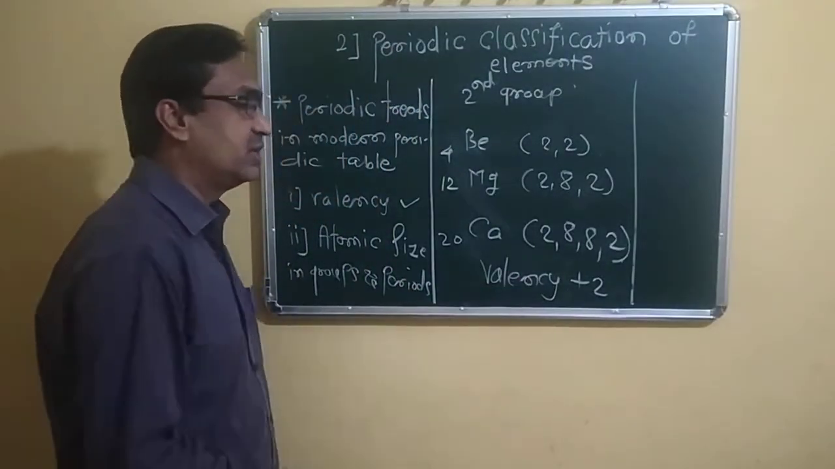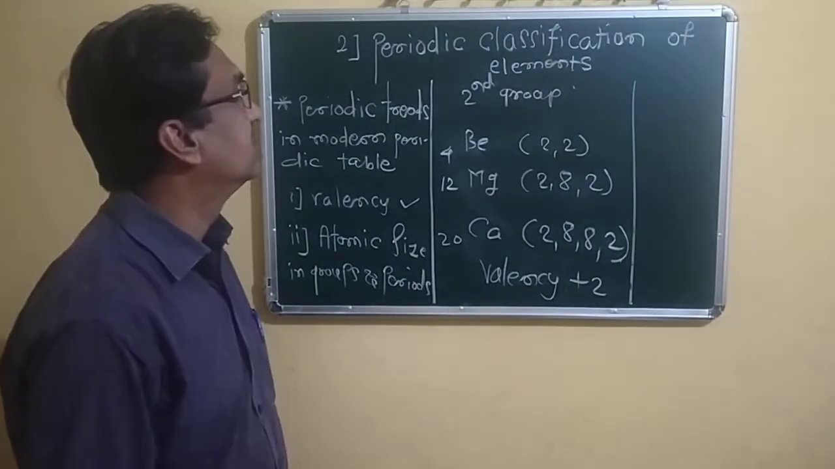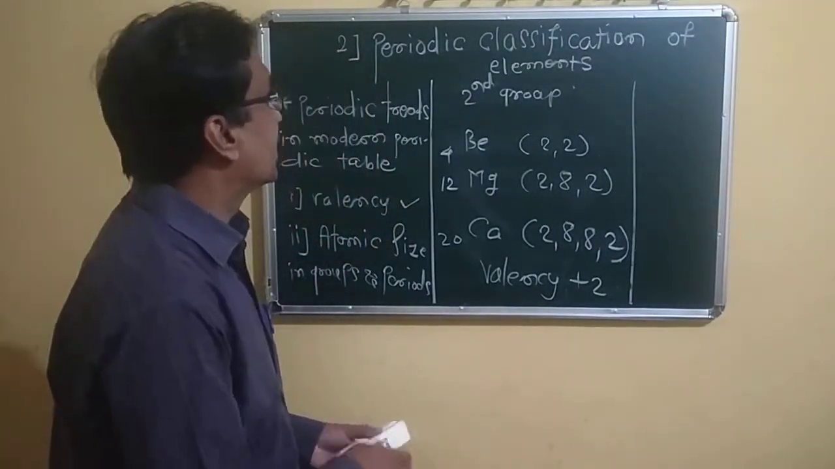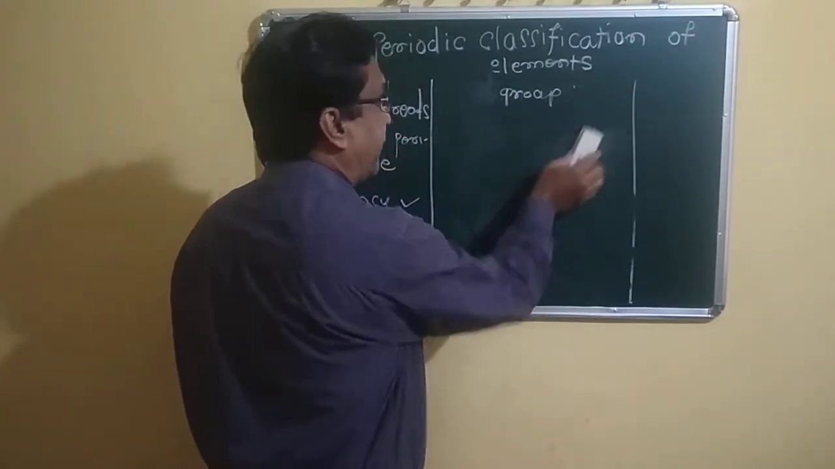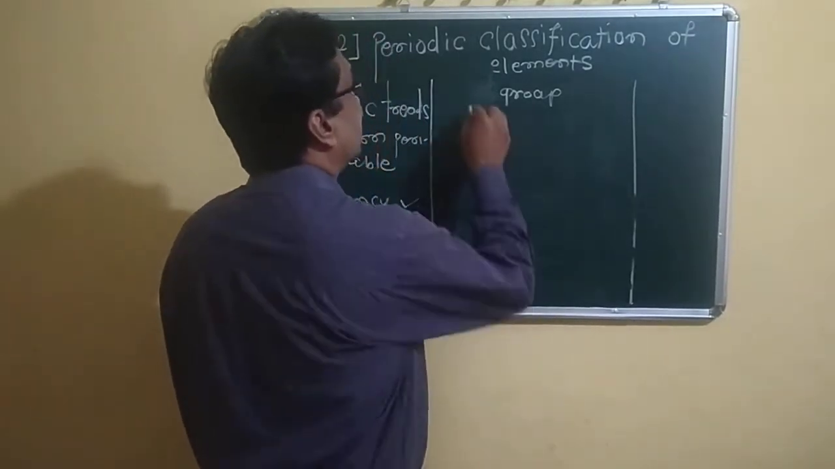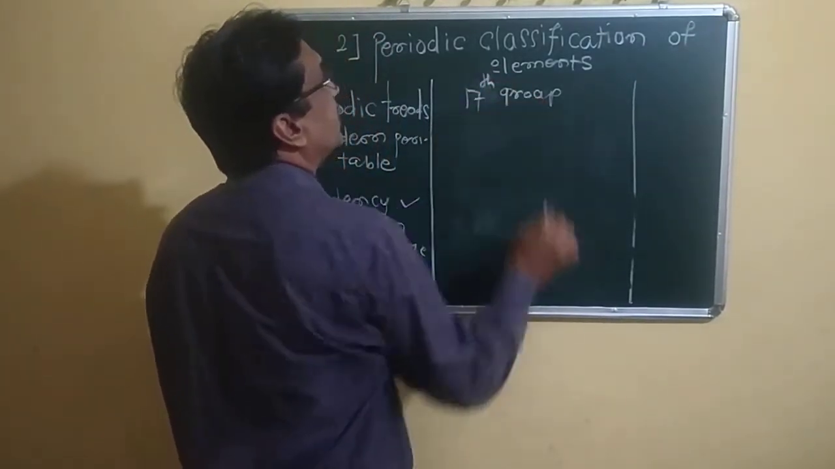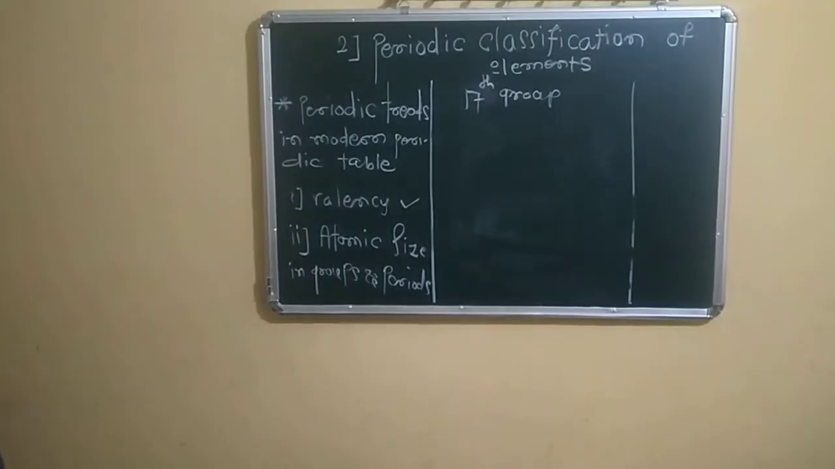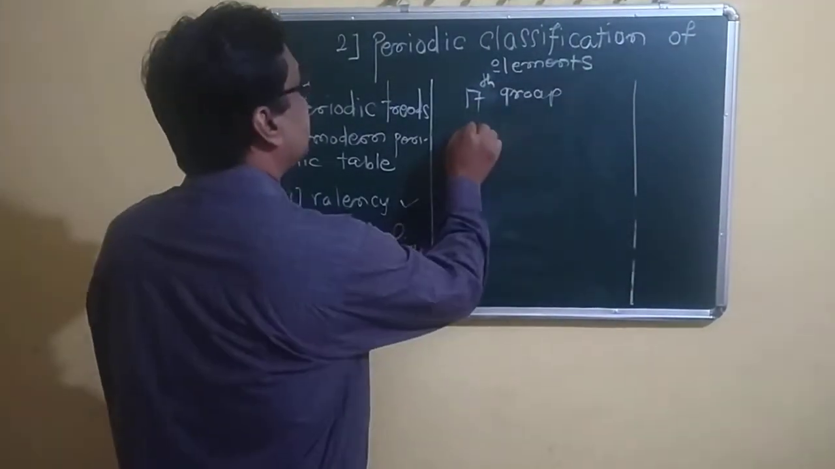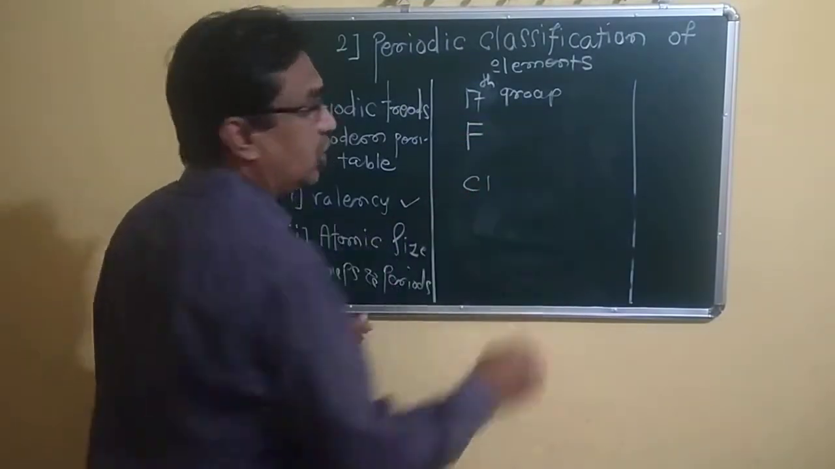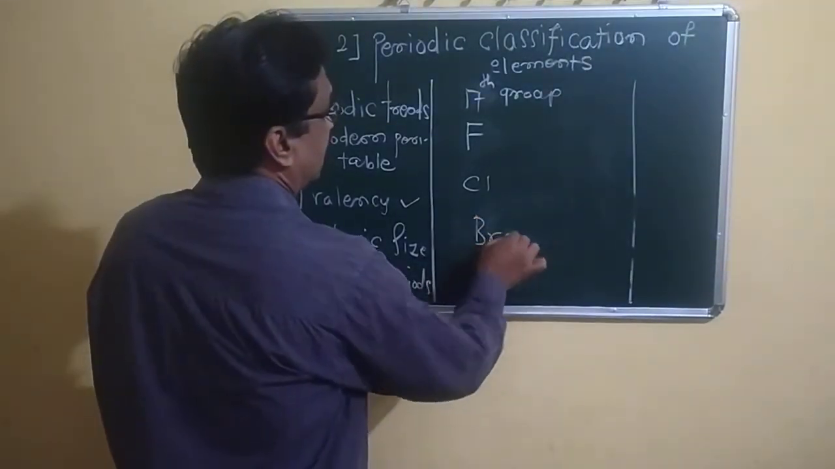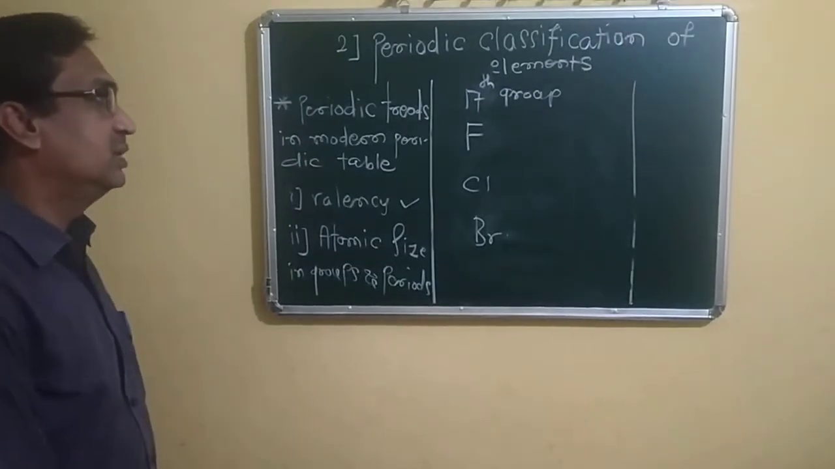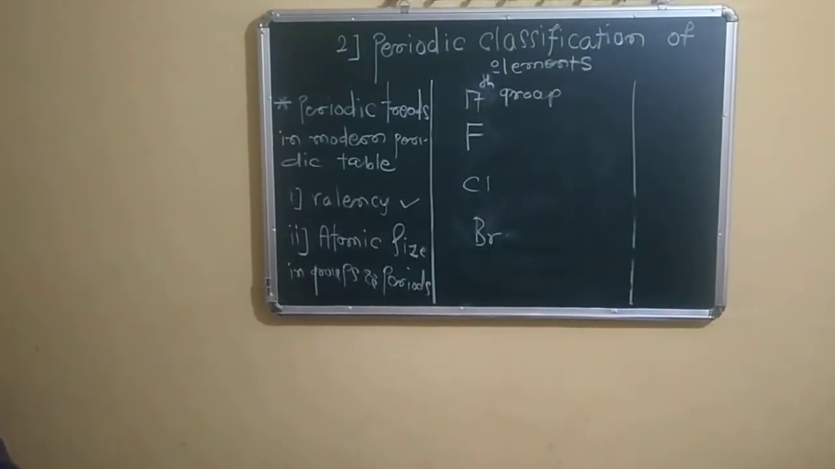It is donate electron instead of taking electron from other element. So we have to take another example, group 17. What happened in group 17? Say in the 17th group, chlorine and bromine, and its atomic number is